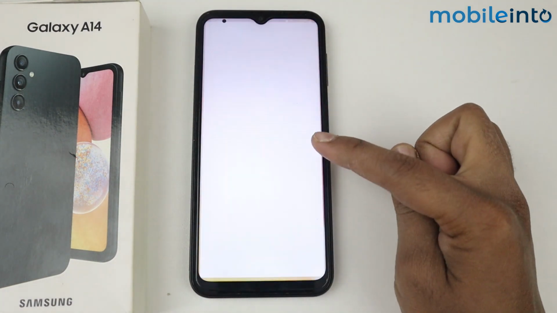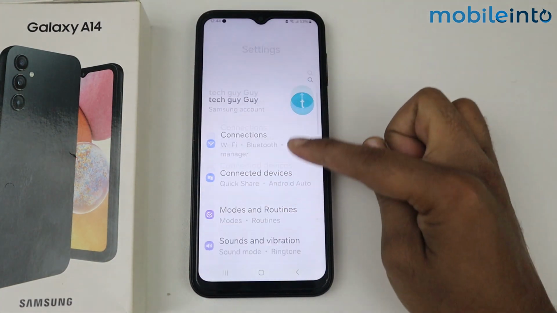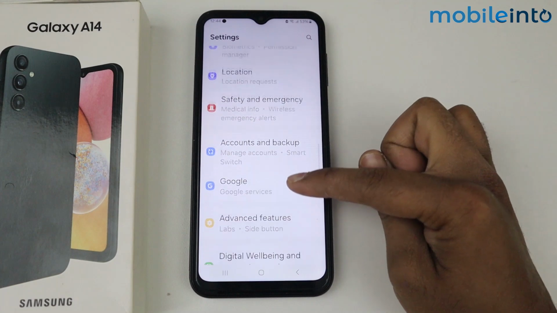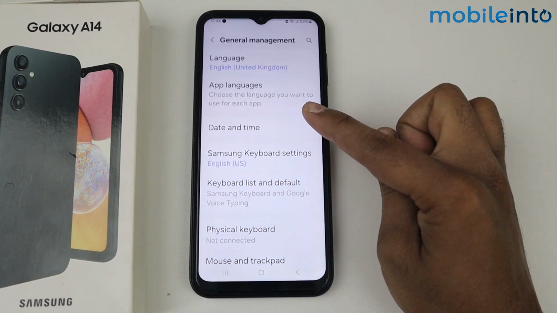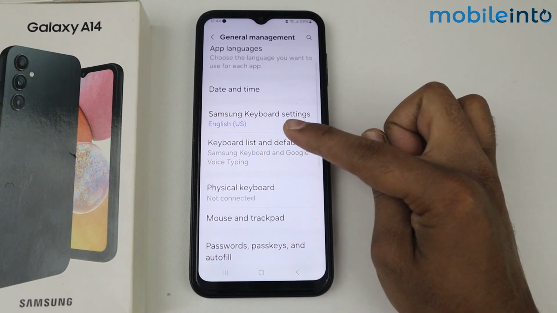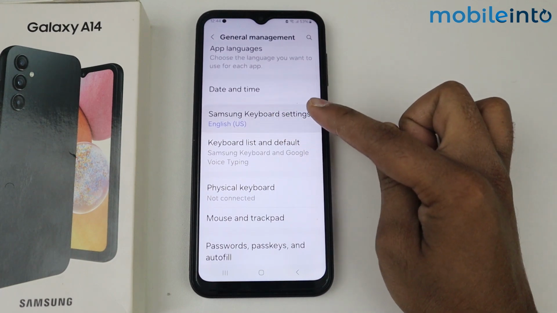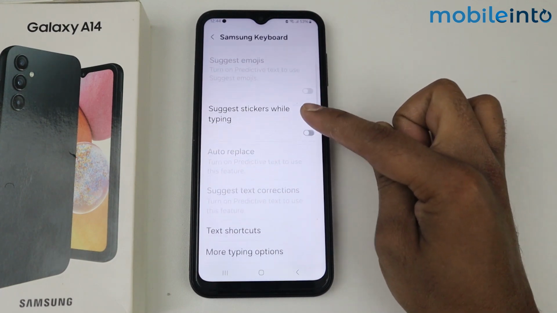Go in settings, scroll down, go in general management, again scroll down, go in Samsung keyboard settings, scroll down,